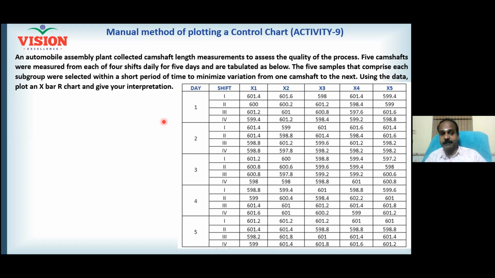But the moment you see your sales going beyond 3 sigma limit above or below, that is beyond the upper control limit or lower control limit, you must understand your process is disturbed by an external factor. It could be part of your process, or it could be beyond your scope. If it is beyond your scope, you only understand that a factor beyond your scope has influenced your sales. Because you don't have control over it. You can't really control Jio or your competitor. But you understand why the sales has gone down.